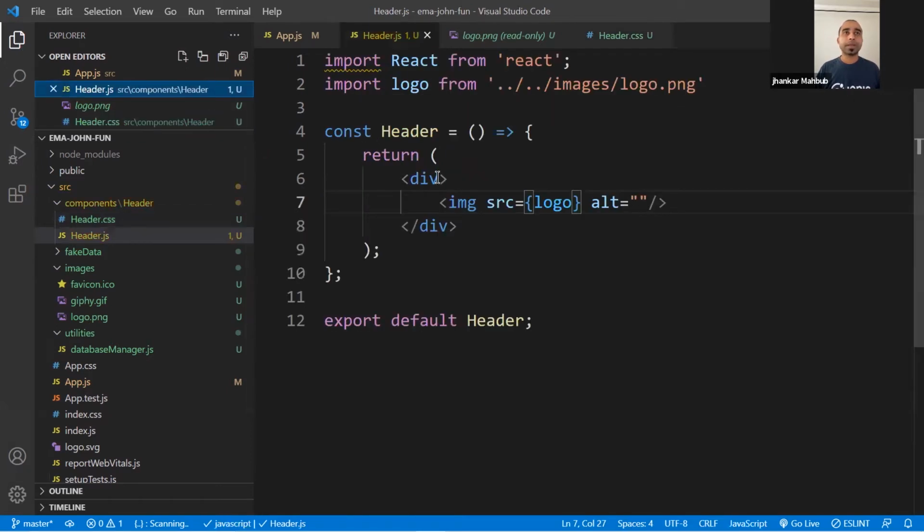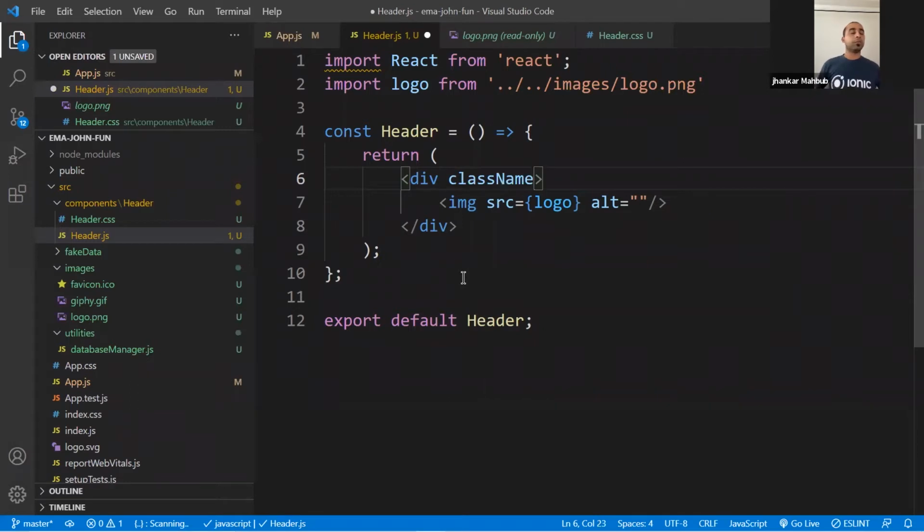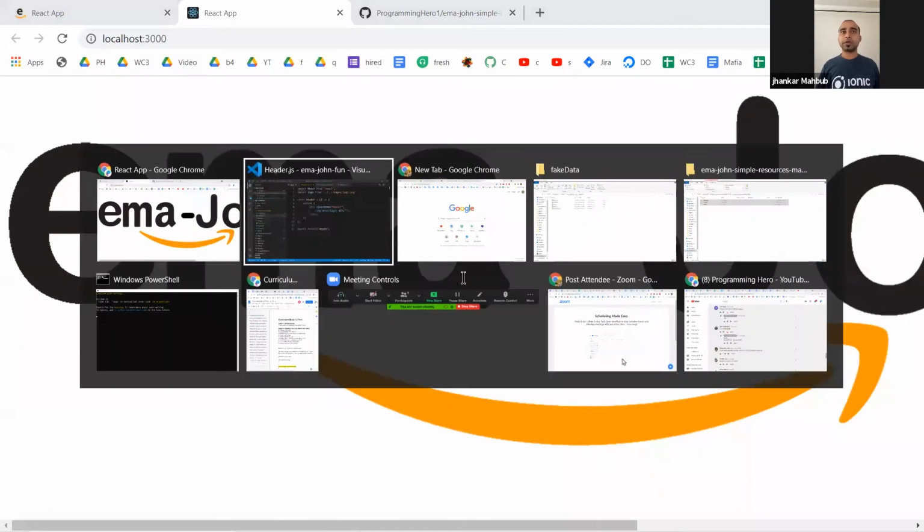Now you come here, you can put a className. By default, it will work if you put class on a div, but React ideally will give you a warning that, hey, don't use class, because class is a reserved word in ES6. That's why you put className, and then you use the CSS class as it is. So this will be your header class. Right now your code looks this way, and if you save it, it will be working.